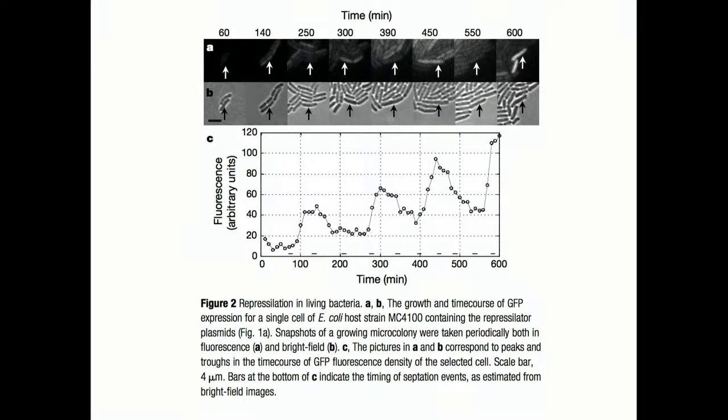And again, they did show that as a function of time, you could see these oscillations in a population of cells which had this construct, while the cell population which did not have this construct did not show these kinds of synchronized oscillations. Now, of course, you can see that the y-axis value is increasing. That's happening due to multiple reasons, because the number of cells is also growing, etc.